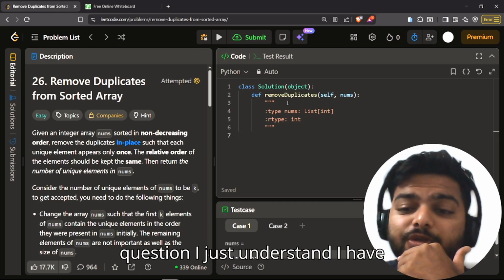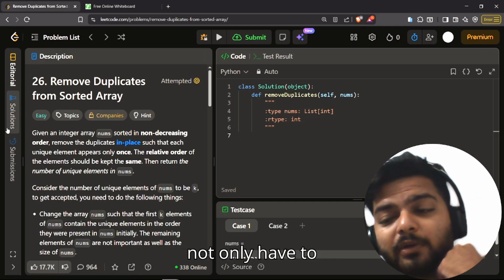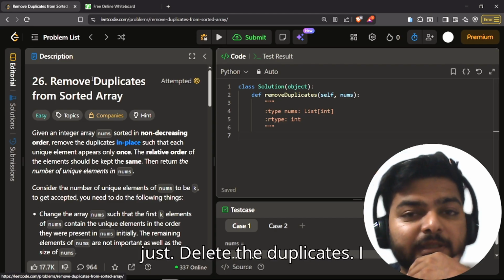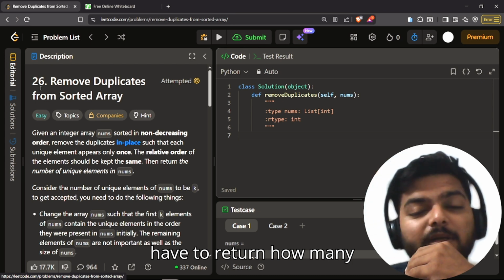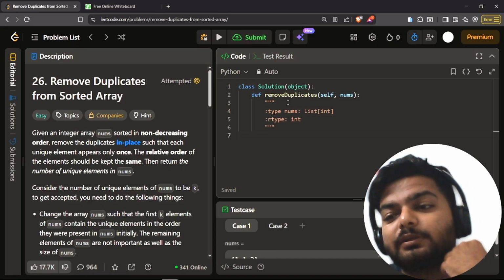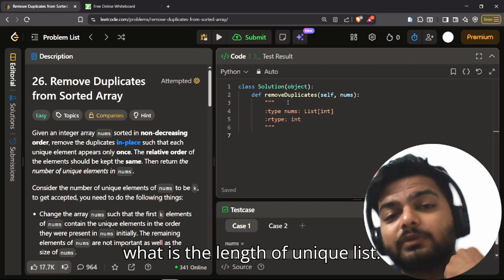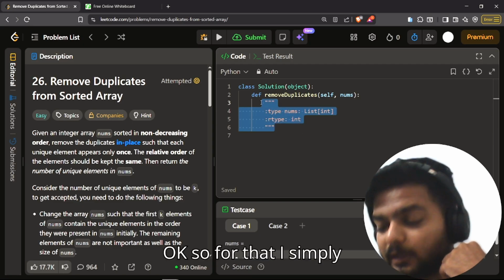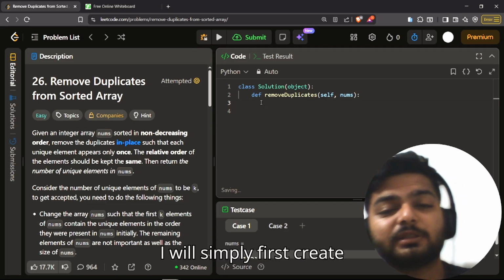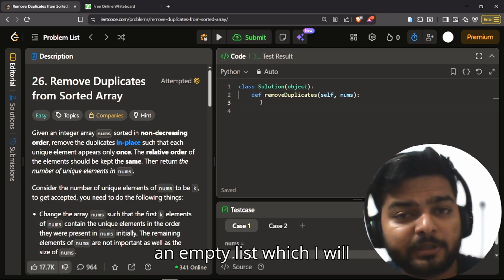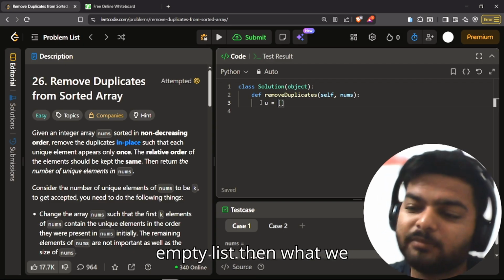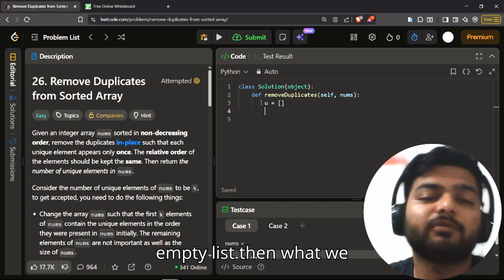But after I read the question, I understood that I not only have to delete the duplicates, I have to return the length of the unique list. So for that, I will first create an empty list, which I will name u. Then what we are going to do,